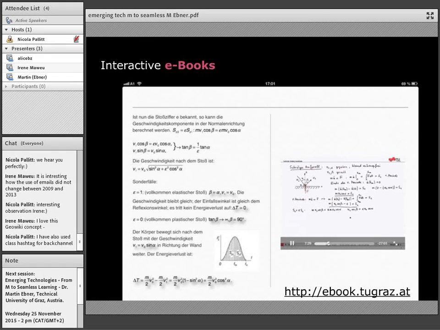What we have done, for example, is one of the first prototypes, which was in mechanics. In mechanics, you see, for example, the whole content of the typical calculation on the left side. And on the right side, you see within this ebook a podcast, which was embedded with the idea that the lecturer explains the content, what you can read, and if you don't understand it, you can just hear just in time what the lecturer had explained.